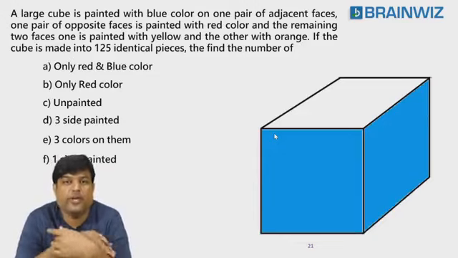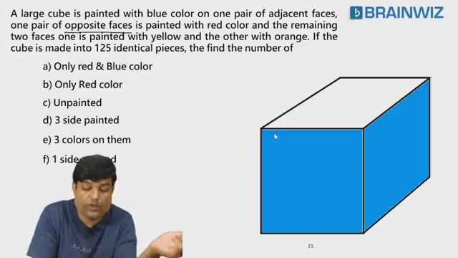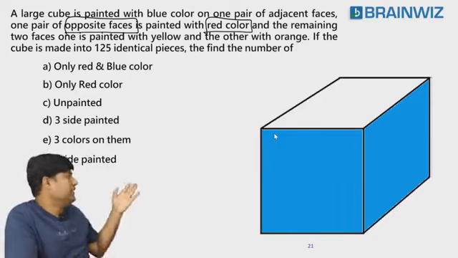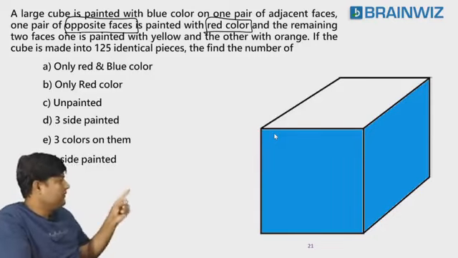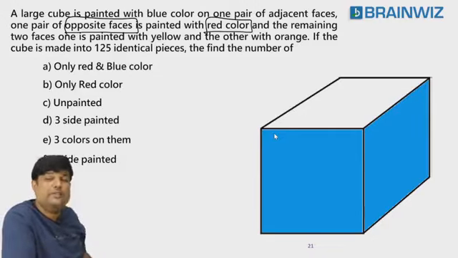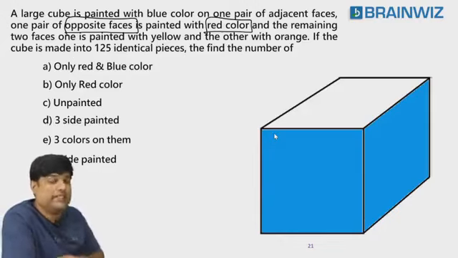Following everybody. So accordingly, we have to paint, not in our own manner. And he told you one pair of opposite faces is painted with red color. Students, now you can see the screen here. Okay, the diagram is very clear. One pair of adjacent you painted with blue, blue. That's good. He's asking you, see the question here, one pair of opposite to paint with red. So tell me, where shall I paint red? Come on. From your side, you tell me, where shall I paint red?